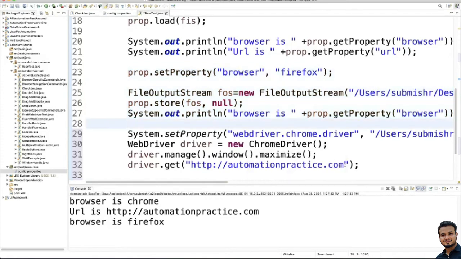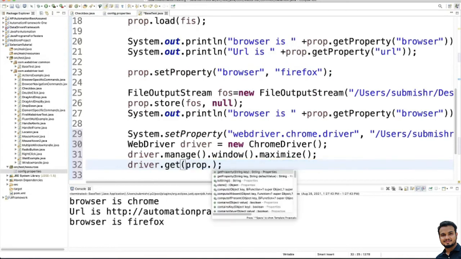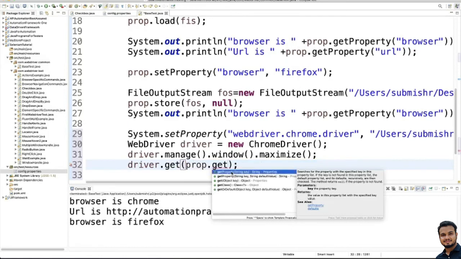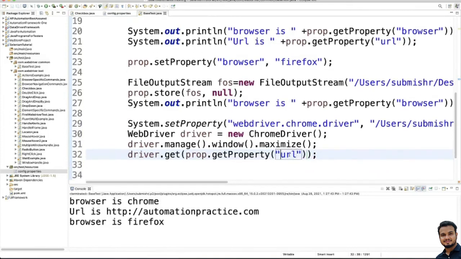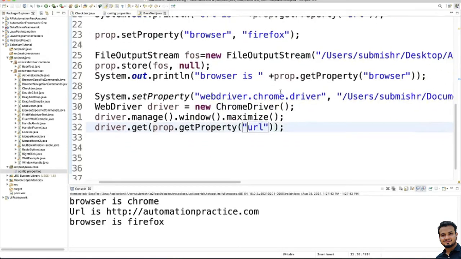Only in place of this, I will use prop.getProperty, and here I will use "URL" in double quotes. So it should navigate to this particular URL, right? Let me run and show you.